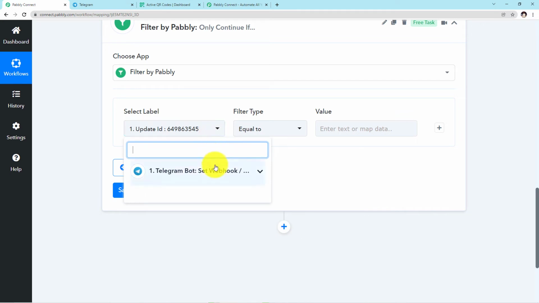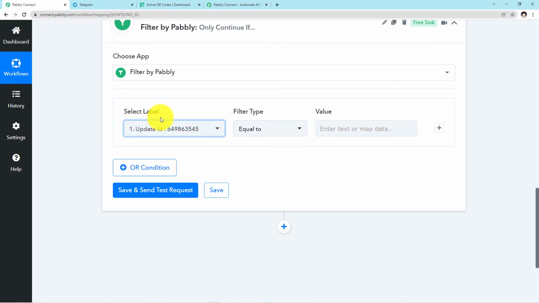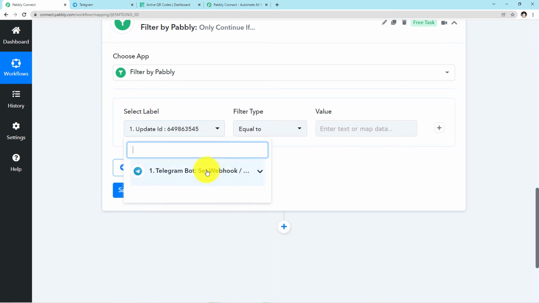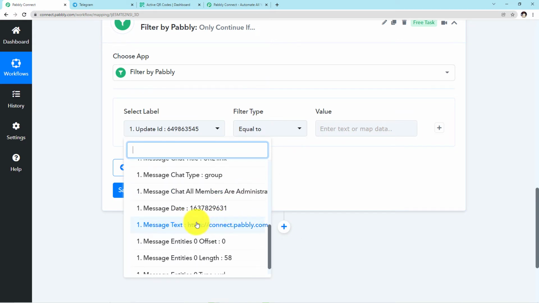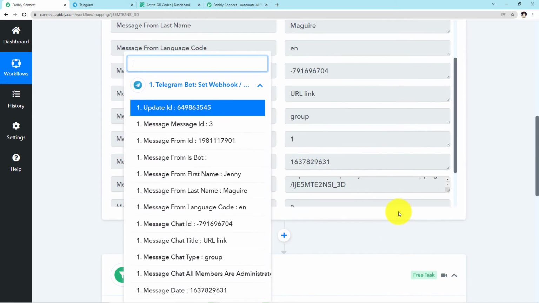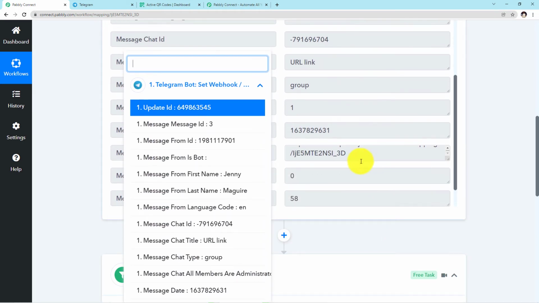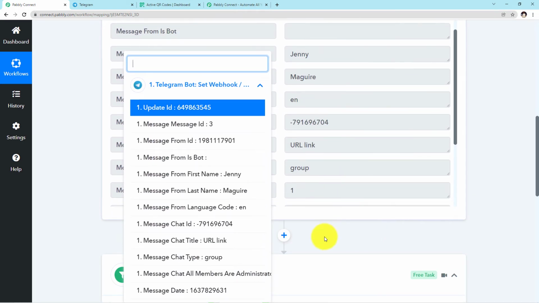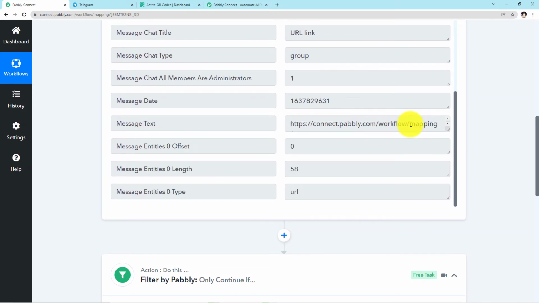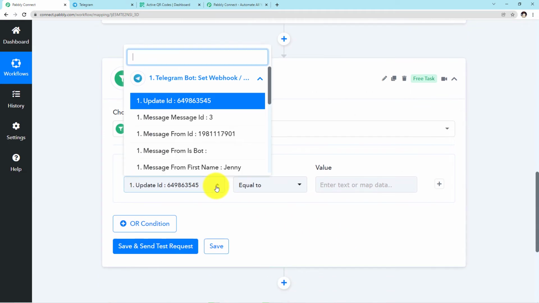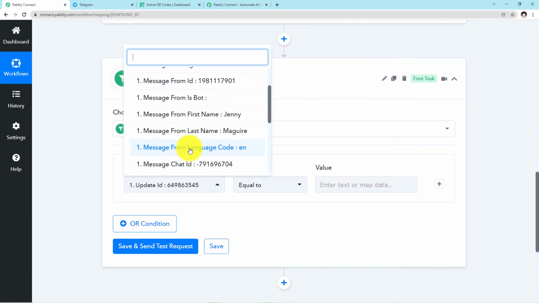Okay, now select the link. Here you can see it is written select label. Click here, scroll down, and search for the link. So this was the link. Okay, message text. Let me show it to you once again. Message text. This is the link. Here you have to map the same link.